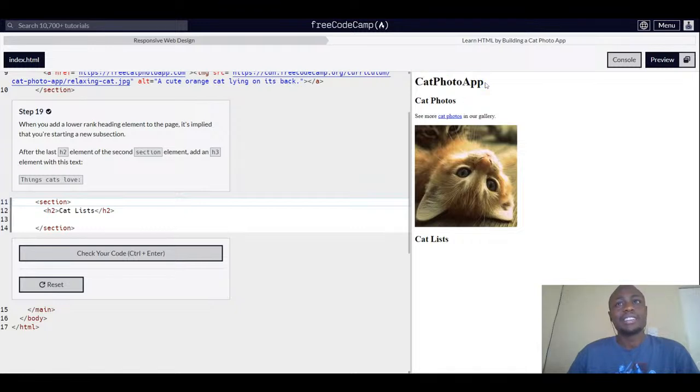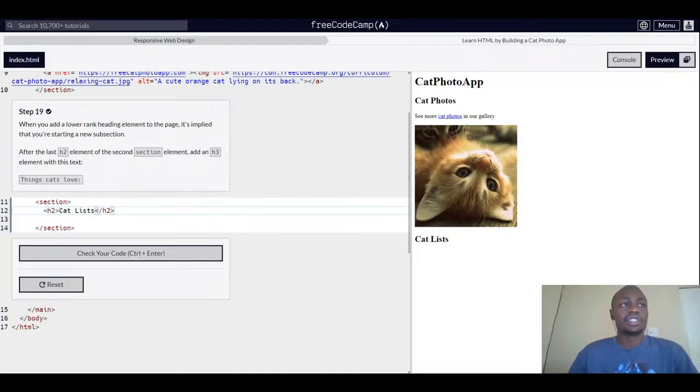A lower rank is any other heading below the H1, which is the higher rank heading. Any other heading below this, which is H2, H3, H4, implies that we are starting a new subsection. So after the last H2 element of the second section, which is this H2 right here, of the second section,